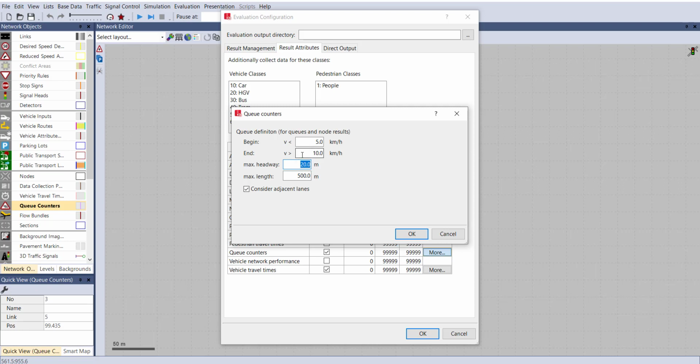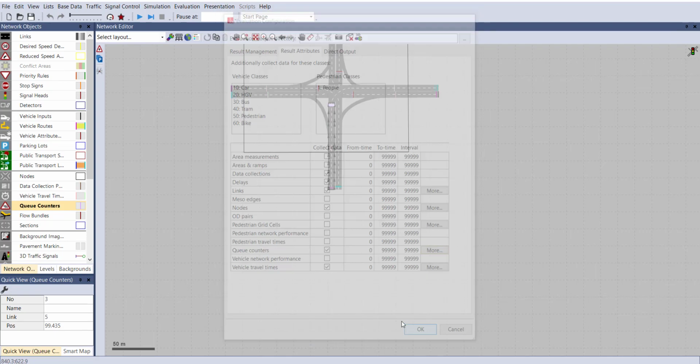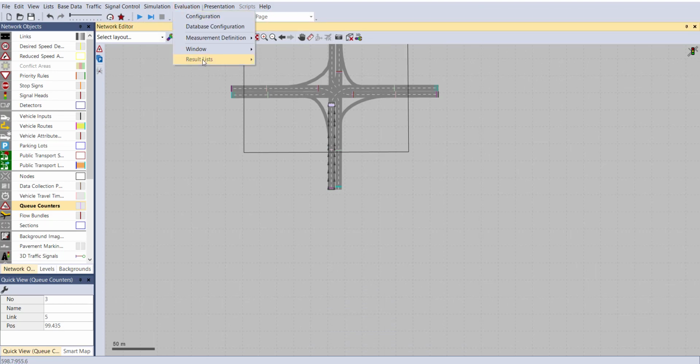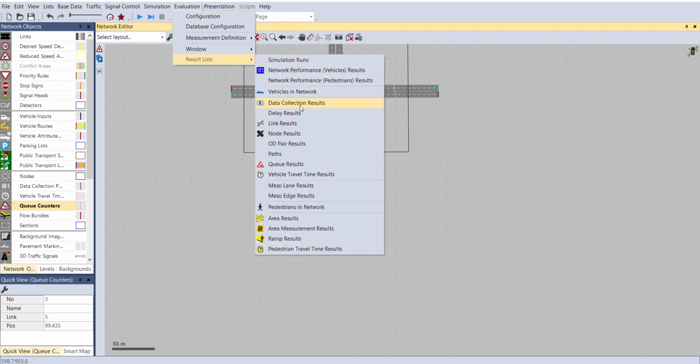When the vehicle speed is more than 10 km per hour, that means the queue is being dissolved, so it will not be counted in a queue. Same way, maximum headway, maximum length, you can also change according to your requirement. Now click on OK. Again go to evaluation, result list, then queue.